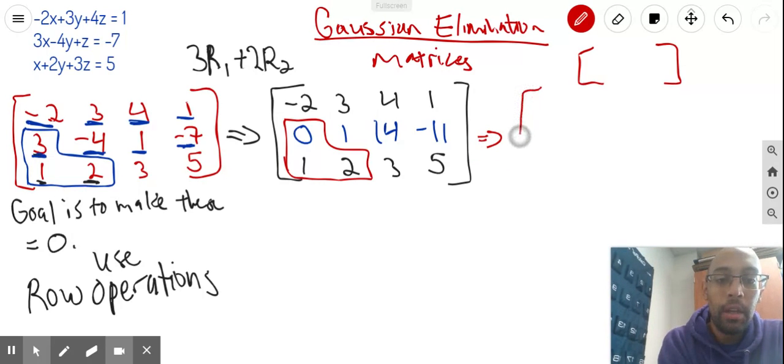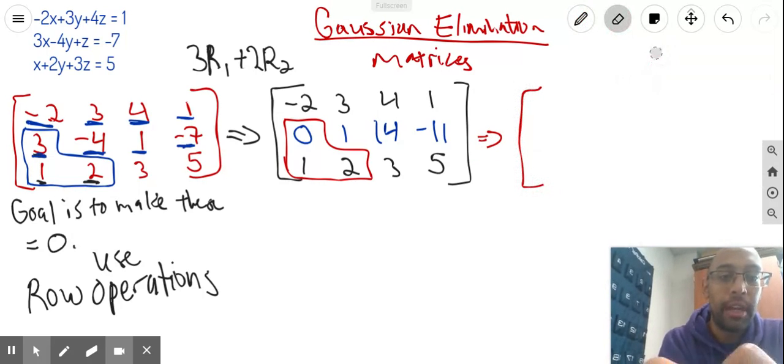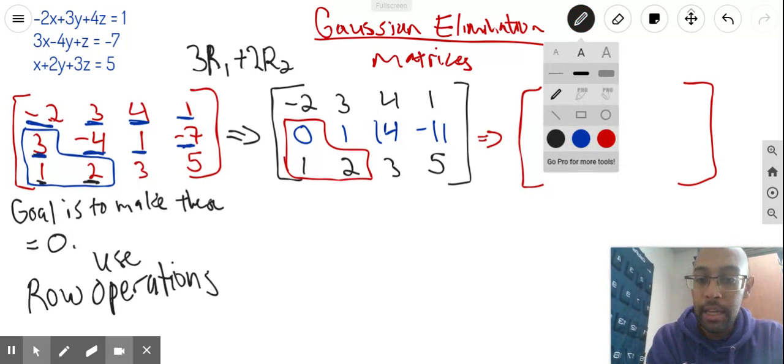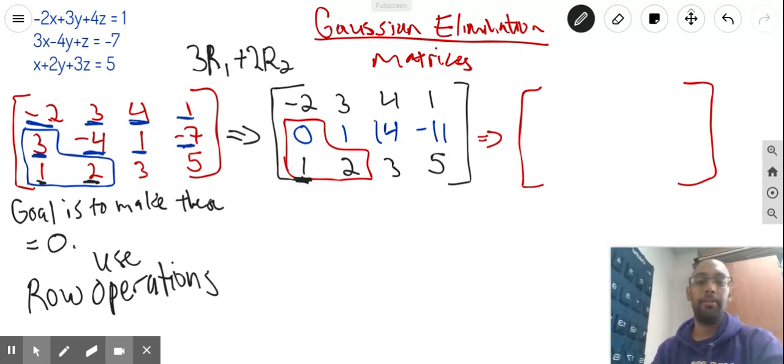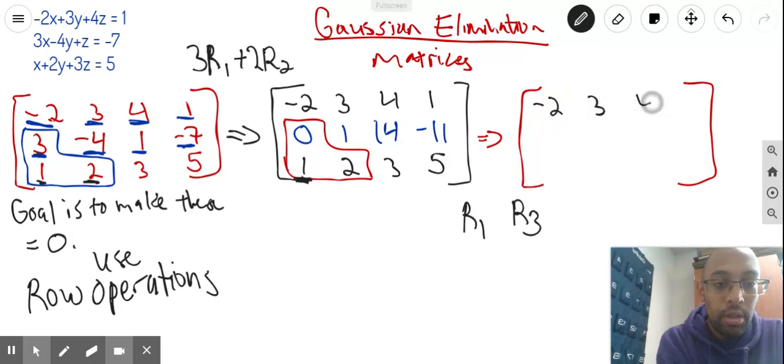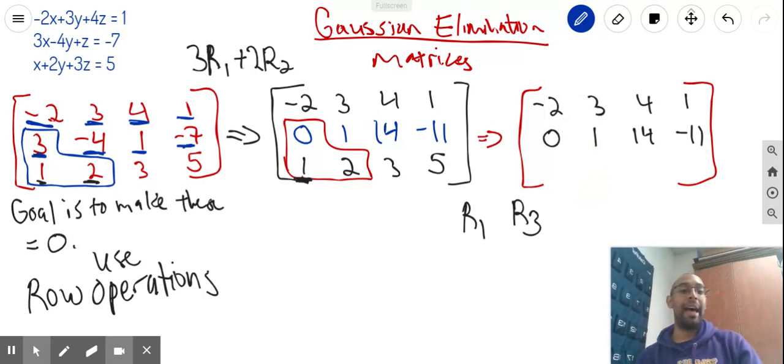All right. So now we're moving on to, and I'm going to erase this now, the second location, which is located here. I want this location here to be 0 now. So again, I'm going to use row 1, but now I'm going to change row 3. So once again, row 1 does not change. Row 2 is not going to change because I'm not using it. But now row 3 is going to change because I'm going to use the numbers in row 1